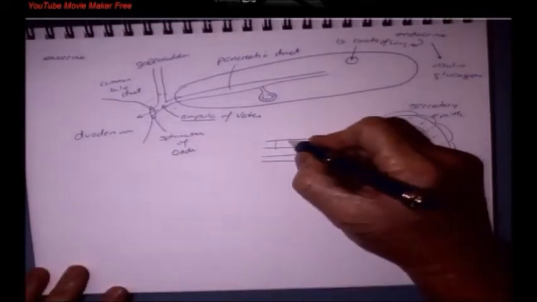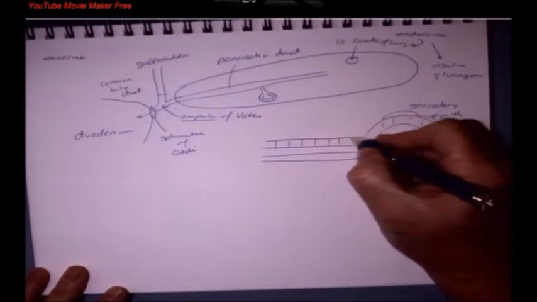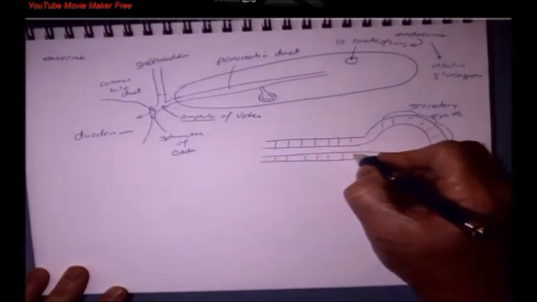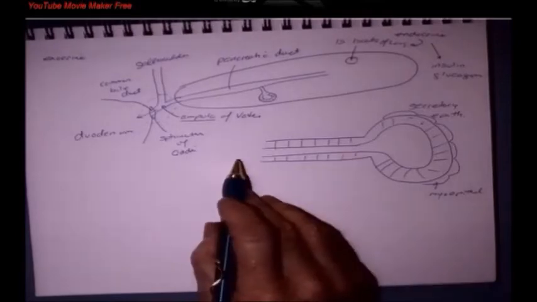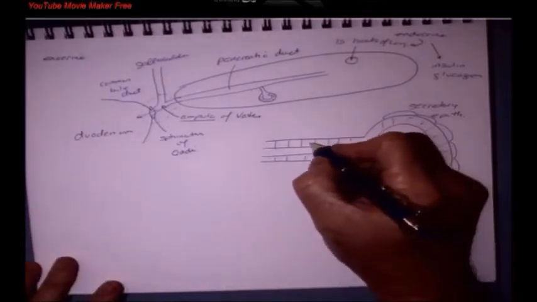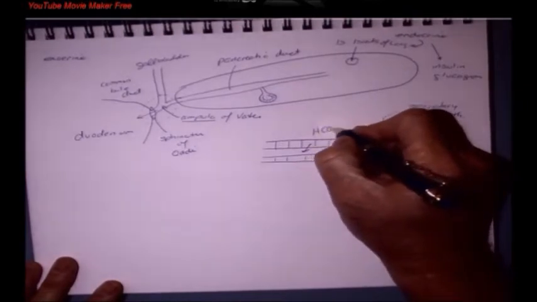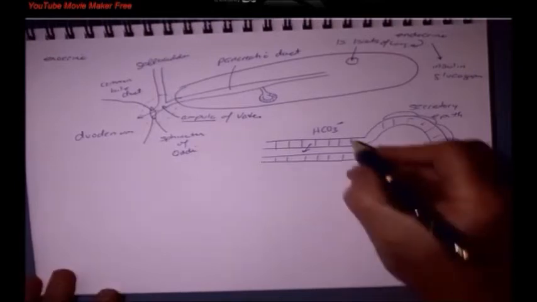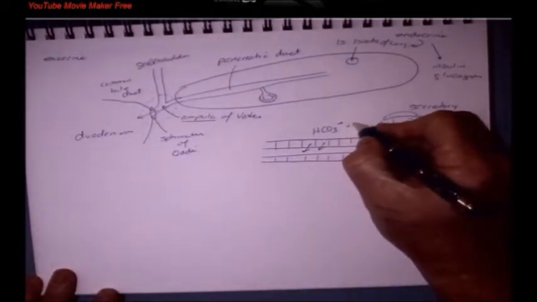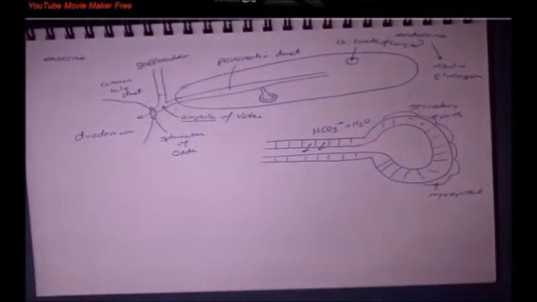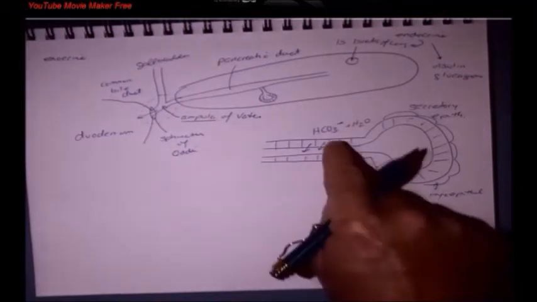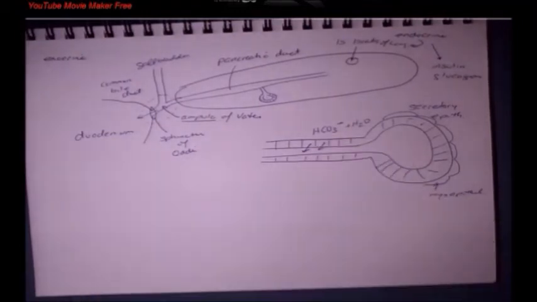Now, these particular cells in the ducts themselves are also going to have a secretory function. Their secretory function is going to be the exact same function as the ductal cells in the salivary gland. They are going to be secreting bicarbonate ion. They are also going to be secreting a very large volume of water. Now, the purpose of this: the bicarb, again, is a base. The function of this particular base is to neutralize